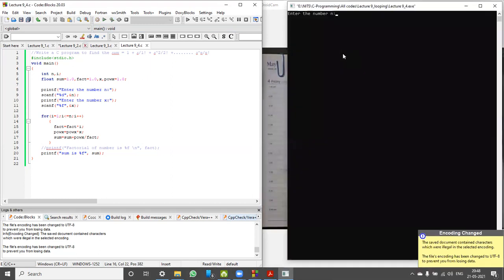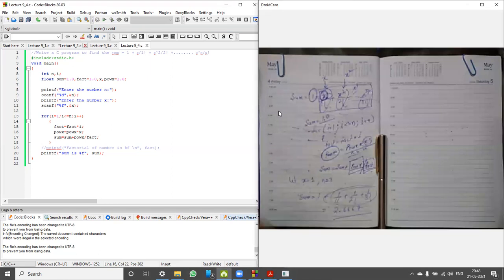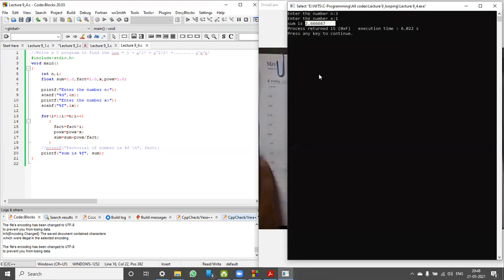The number n is 3, x is 1. As per our calculation, it is 2.667.